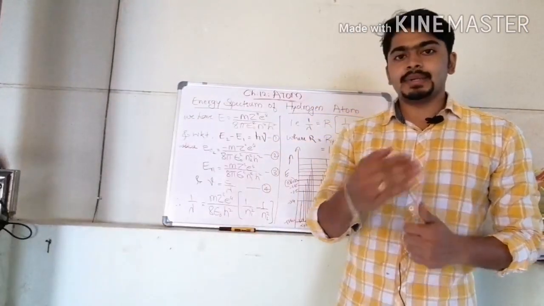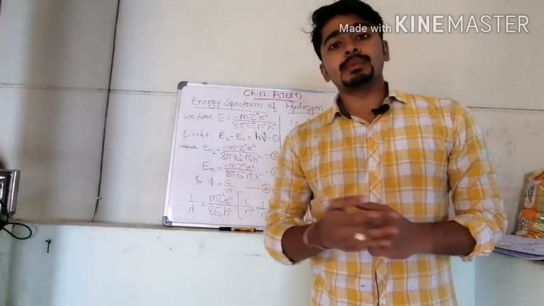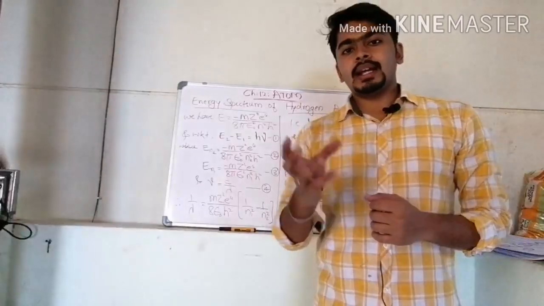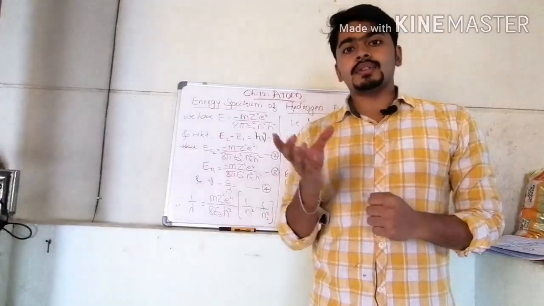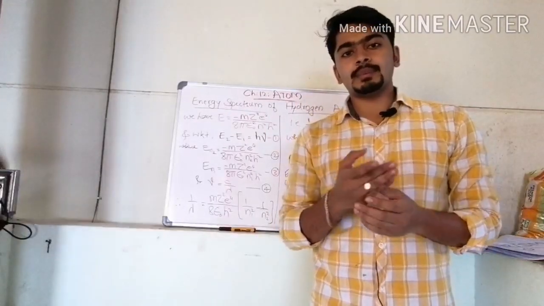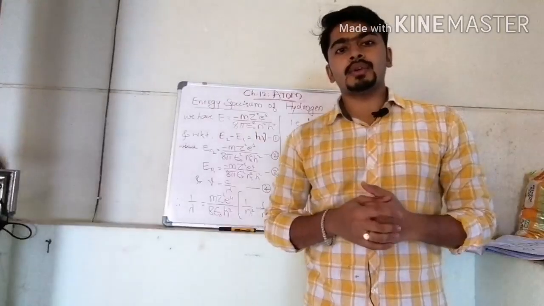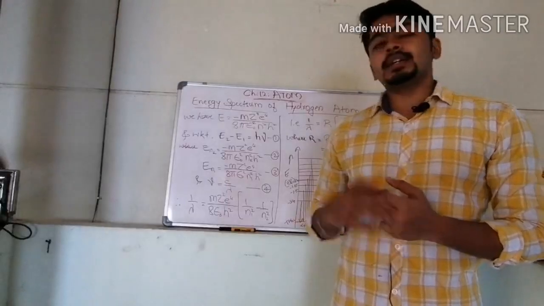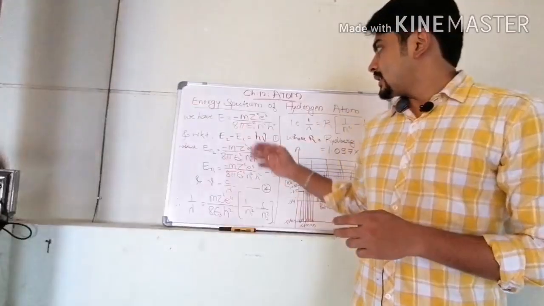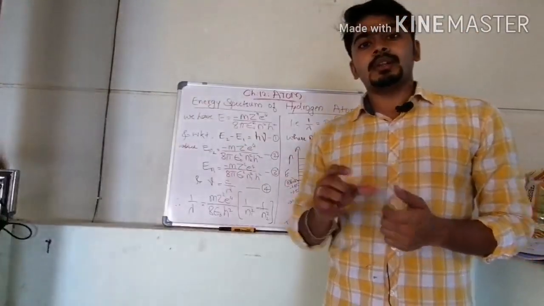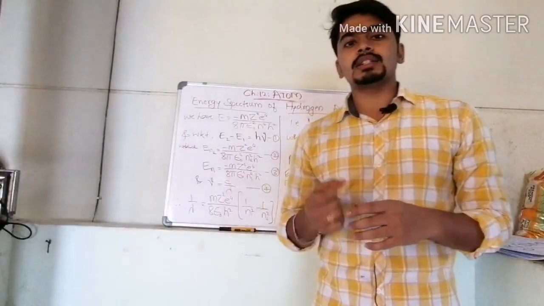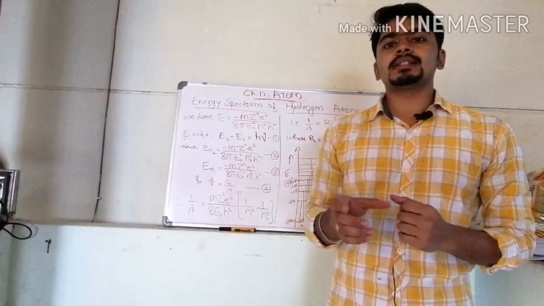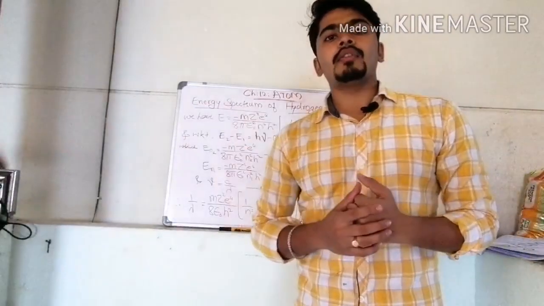We are studying the next part of Bohr's atomic model, that is the main application of Bohr's atomic model: how we can obtain the structure of the hydrogen atom with the help of Bohr's atomic model. That is the main thing here we are studying. And using the energy equations, we are deriving the Rydberg relation, also known as the semi-empirical formula. Mainly we are discussing the line spectrum of the hydrogen atom.